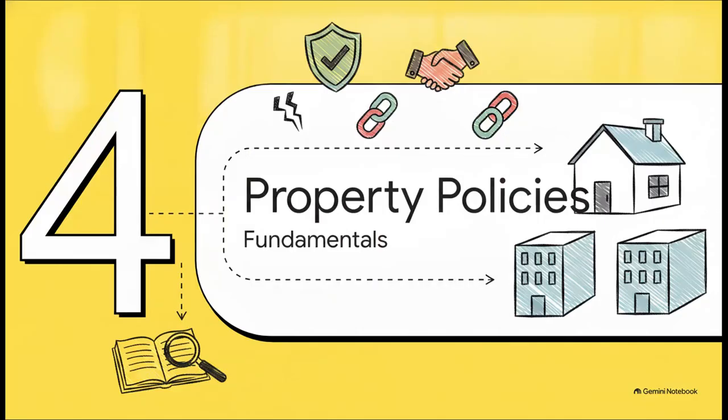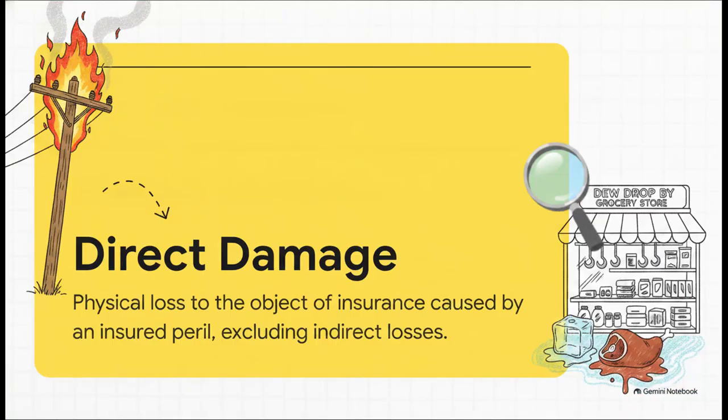Section 4. Property Policy Fundamentals. Let's see how these rules apply to the physical assets themselves. Let's clarify direct damage. Standard policies only cover direct physical loss. So if a fire cuts power and spoils a freezer full of meat at the Drew Drop By grocery store,